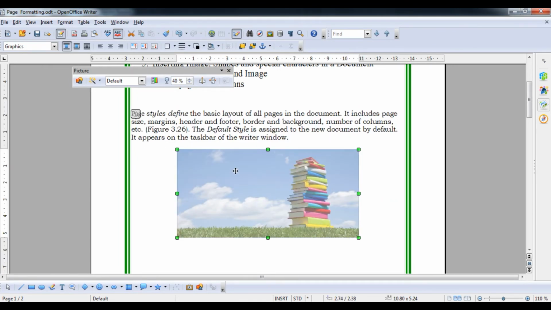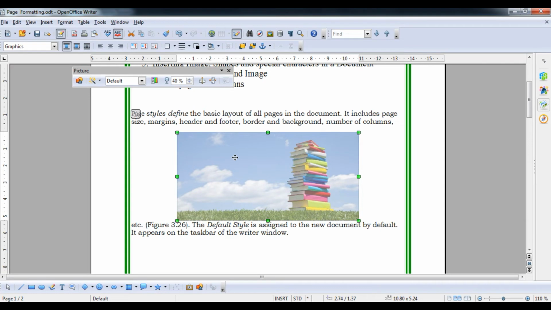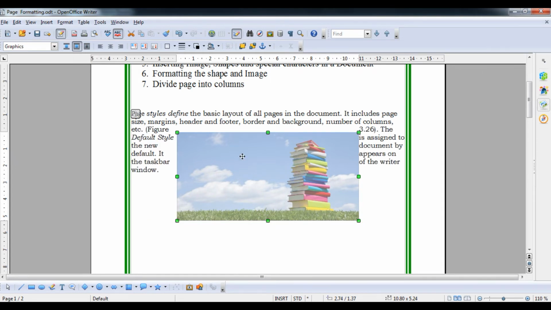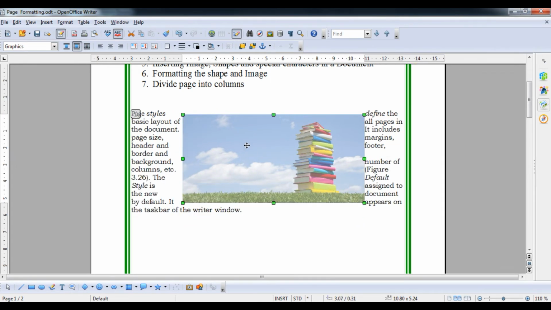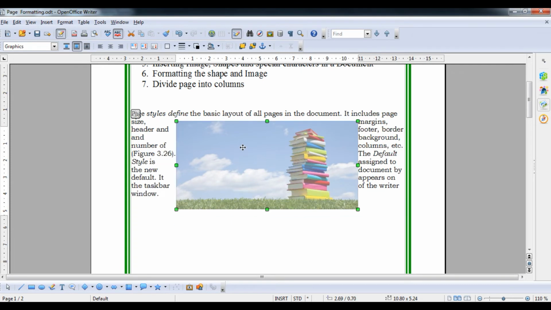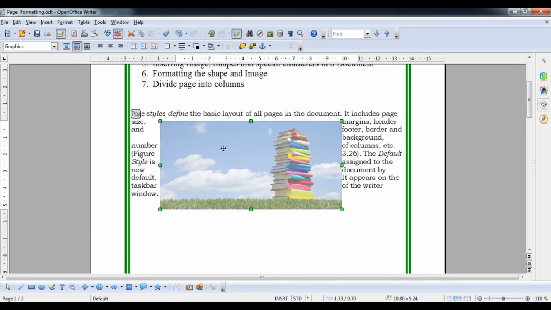If I move this particular image downward, you can see the image comes between the text lines. It is not connected with the content written there. So what I will do, student, I will click on this image and then go to Text Wrap. Now you can see, student, as I showed you earlier, the text was in a different area.